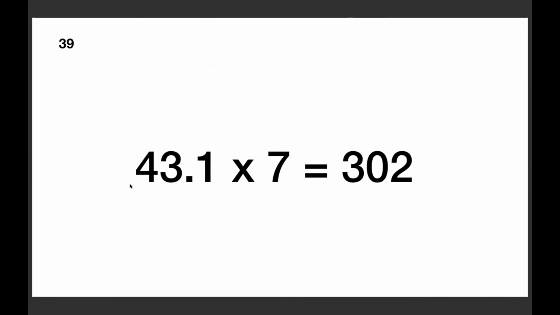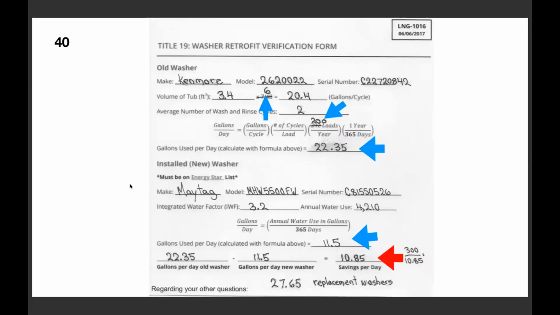What if you were to replace the multiplier of 7.48 with 6, as it was updated by the state in 2010, and the 392 washes per year with a more reasonable 200. Using these same washers, but with updated metrics, we find that the old washer used about 22 gallons per day. The new washer remains the same at 11.5 gallons per day. The savings is less than 11 gallons per day, not 43.